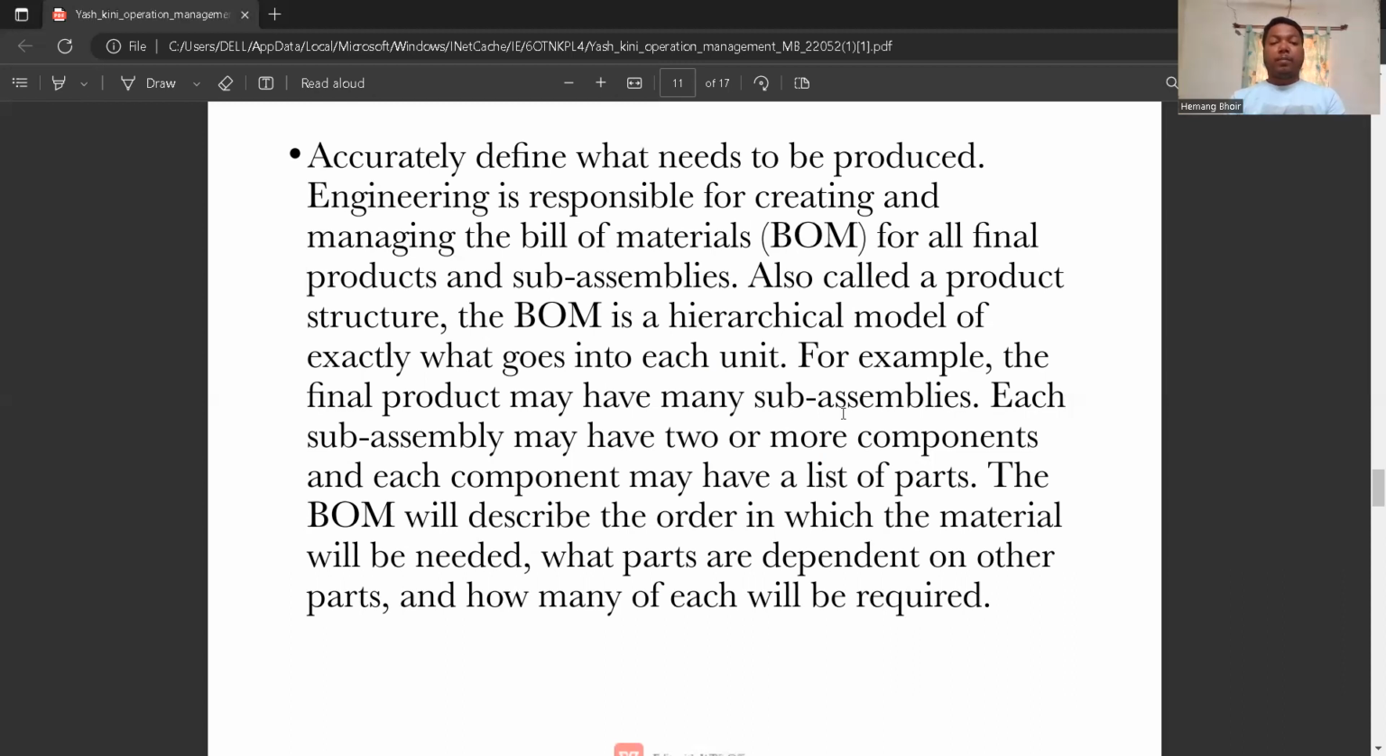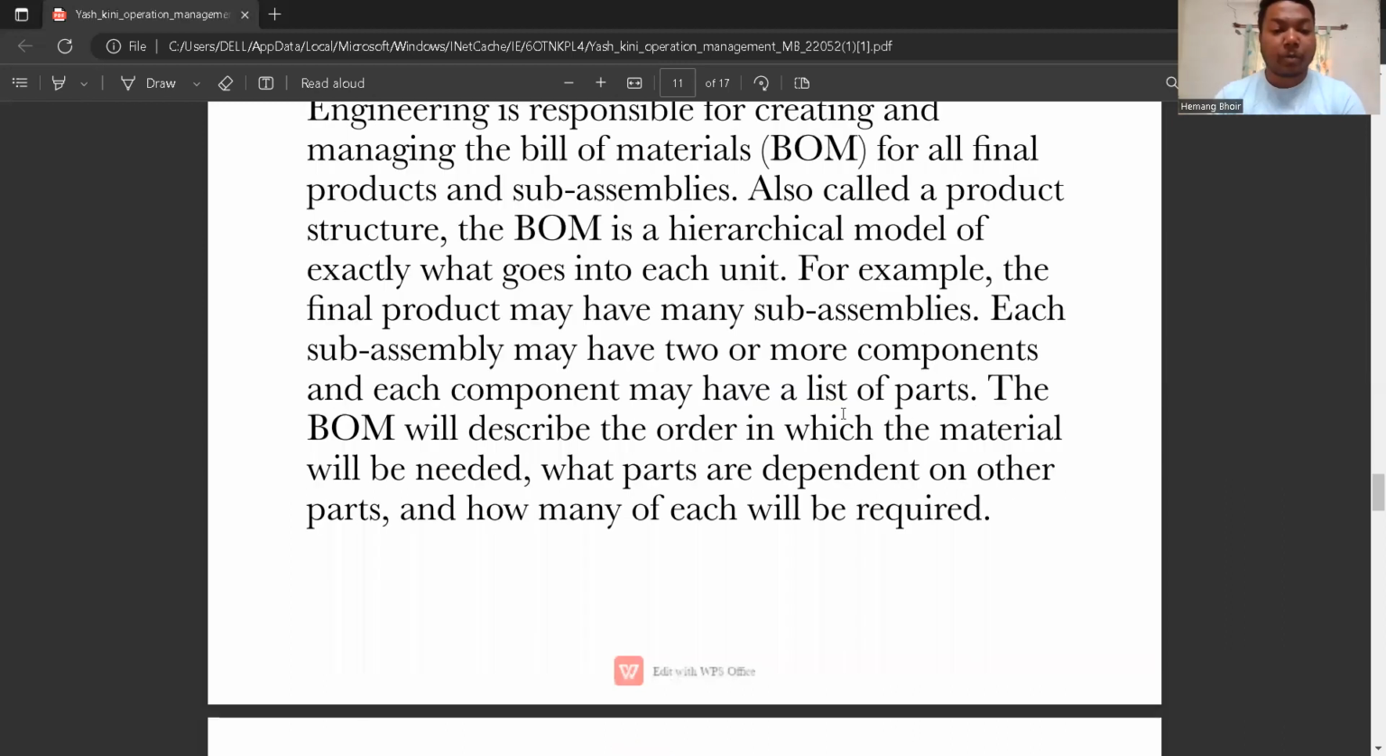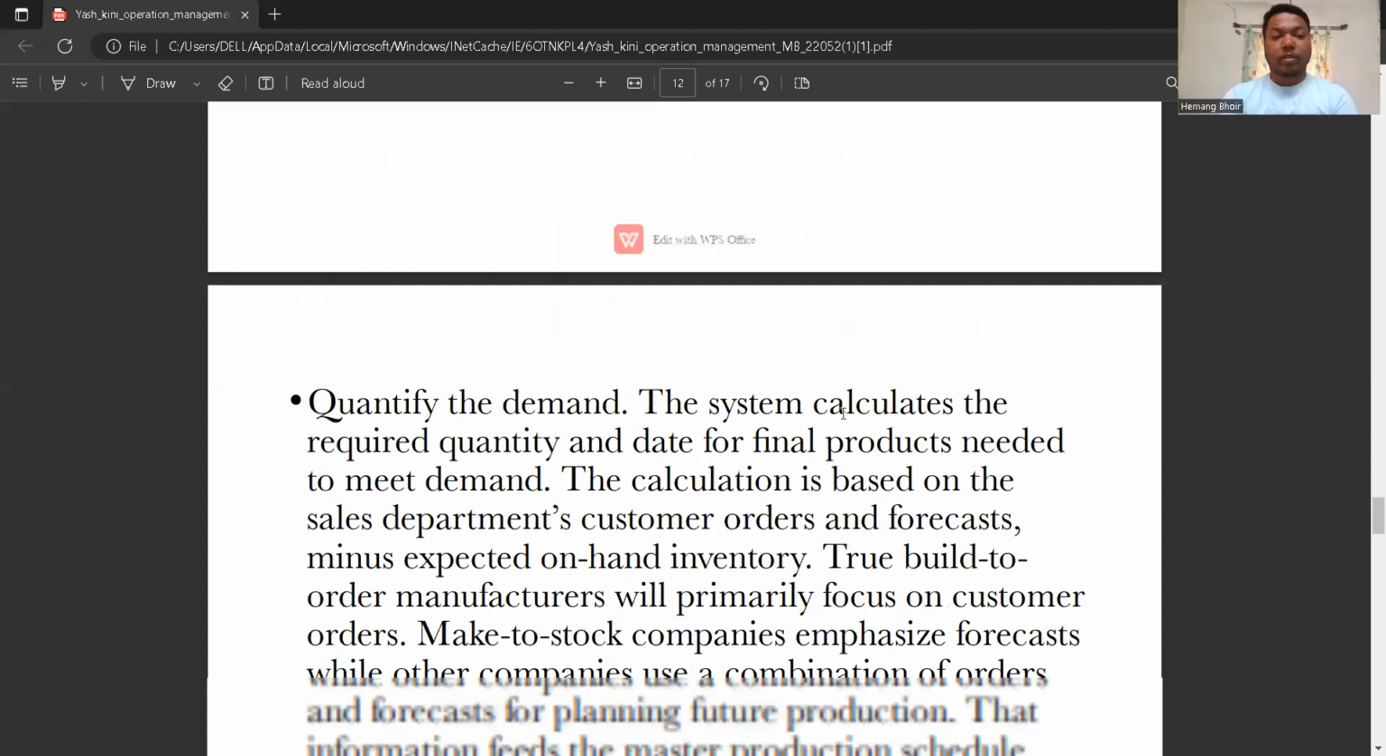In the MRP, bills of material are very important. They are important in MRP because the organization knows what will be needed and what parts depend on what is needed for production. That's why the bill of materials is needed in MRP. Okay. Next point is